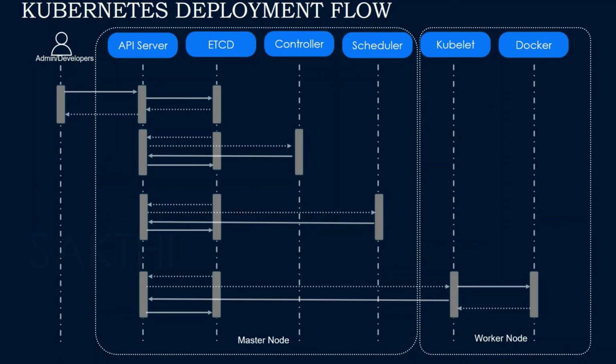The same flow happens whenever a pod fails or has some issue. The same way the kubelet updates to the API server of any issue or pod failures. Then the API server gets the information, the replica set from the etcd and the controller continuously monitors the API server and it knows it should create a new pod or replace a pod. The same flow happens till the pod creation.